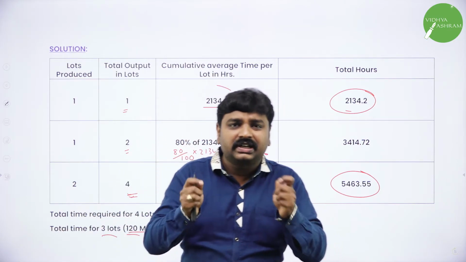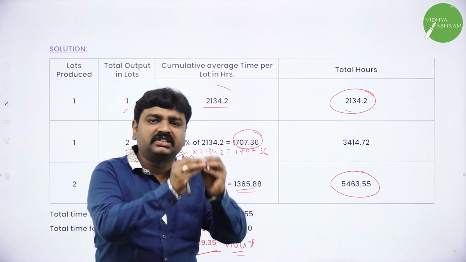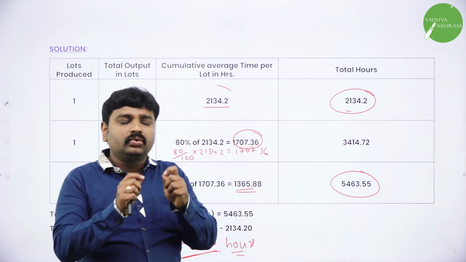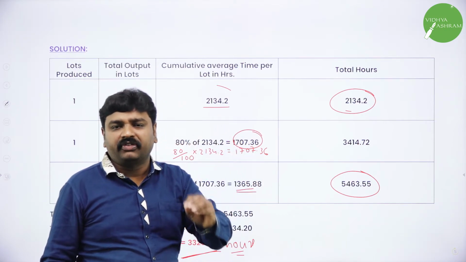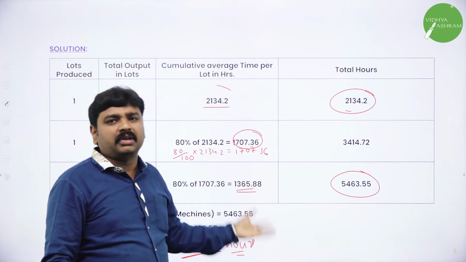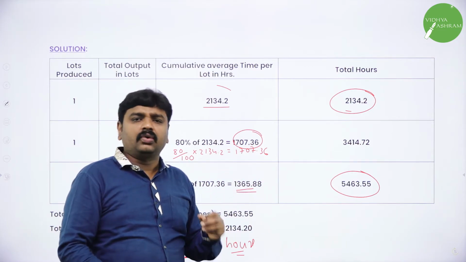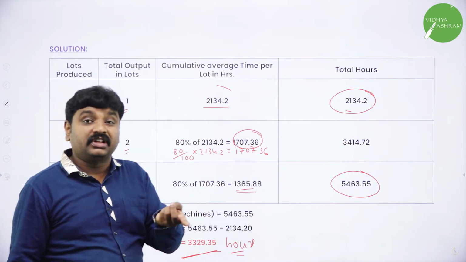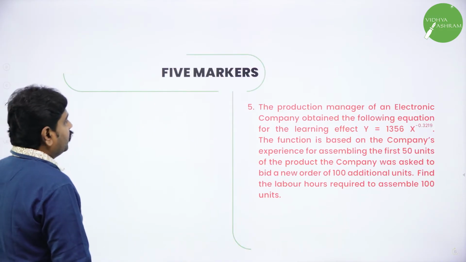Isn't it easy? According to me, if you use a calculator and you know the method, this is the easiest problem and you can score better marks from this. Learning curves is an easiest chapter, 5 compulsory marks, and a tabular method question will appear. The same problem can be done in equation method, which is a headache, so the tabular method is better and easy. Now, I will also teach you one of the problems when they give equations, how to convert and solve. Going ahead, we have another problem.